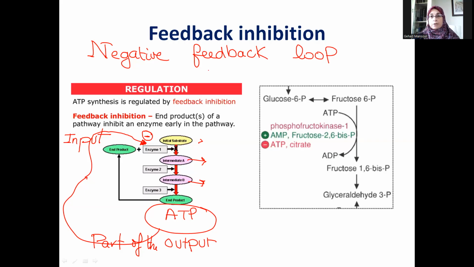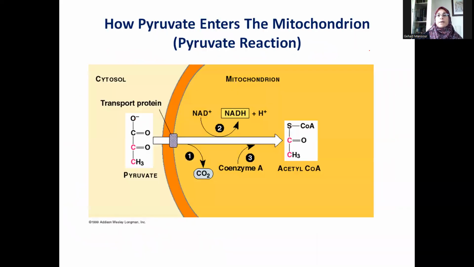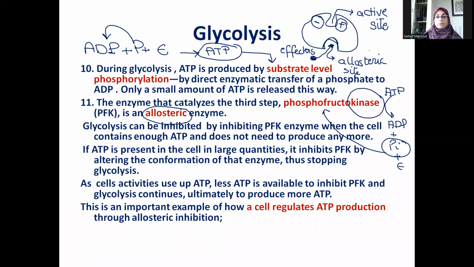So the main purpose of negative feedback loops is homeostasis. Here we have a feedback inhibition of the phosphofructokinase enzyme by what? By the output, which is the ATP. This is one important thing to understand, and this is an answer to the question, how does the cell